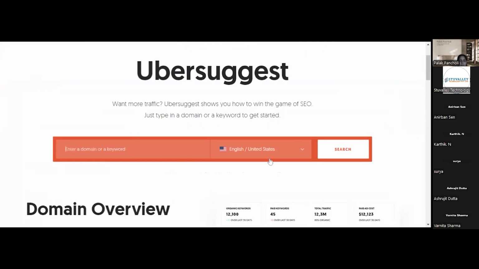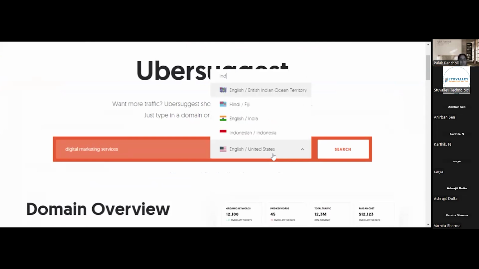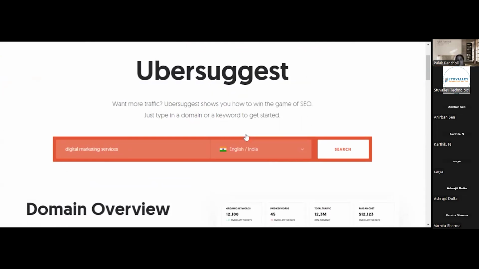Still it will provide you many keywords, like if we search for digital marketing services. We will select India here and search.